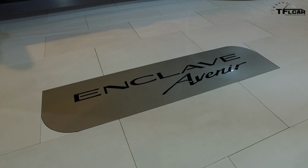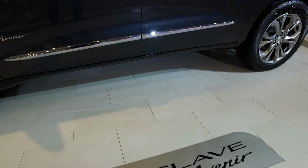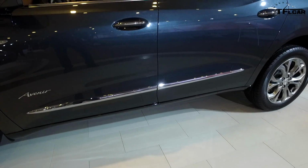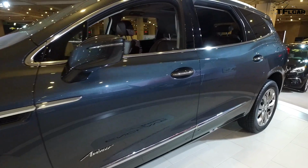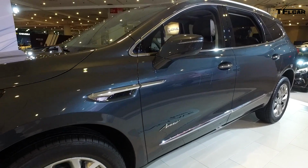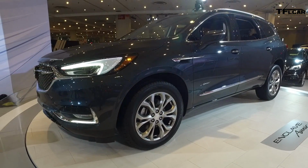You know, we're so excited about Enclave. We really do think it is the answer for what people expect in a 7-passenger mid-lux SUV experience. The exterior design has a more dynamic, planted, athletic look, and we were able to accomplish that by designers lowering the roofline, a steeper rake on the windshield. We stretched the wheelbase almost 3 inches and pushed the wheels further out to the corners to really give it